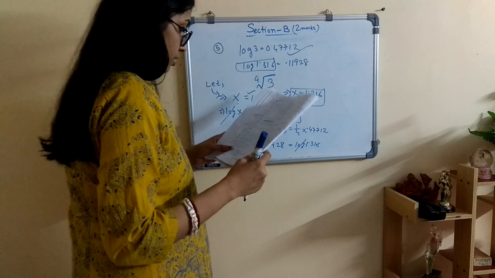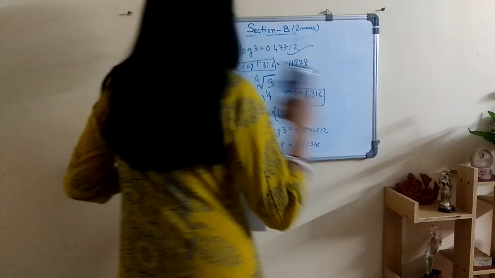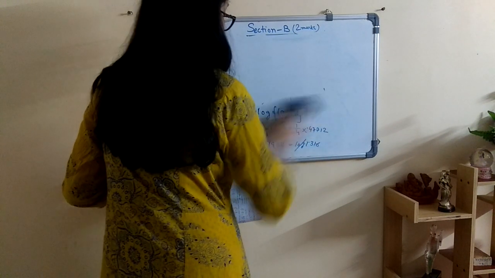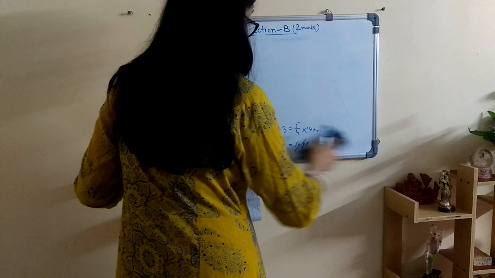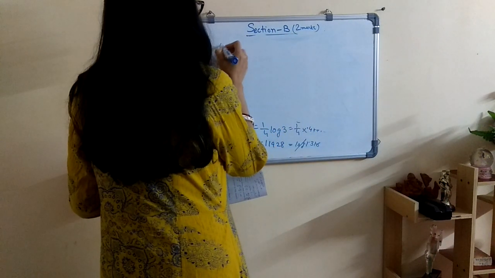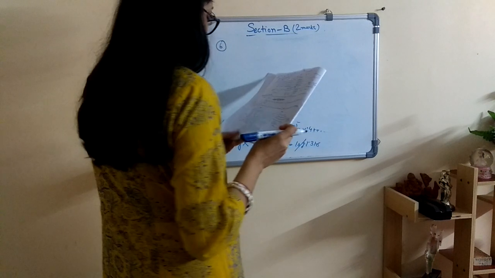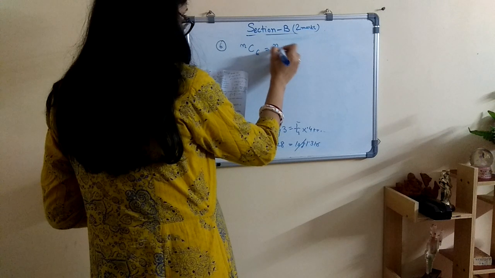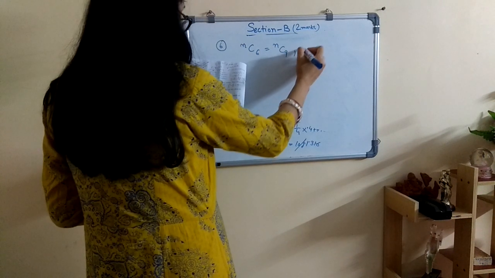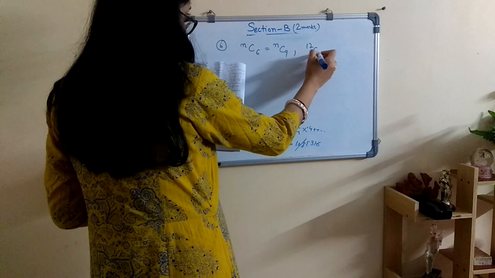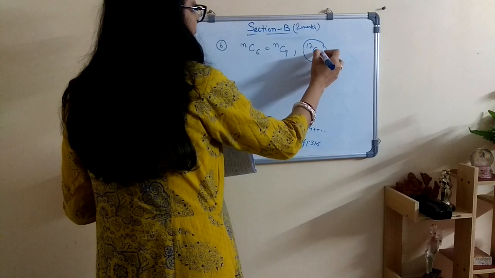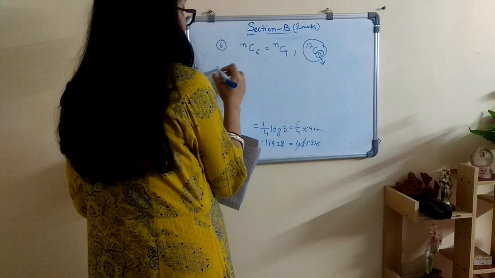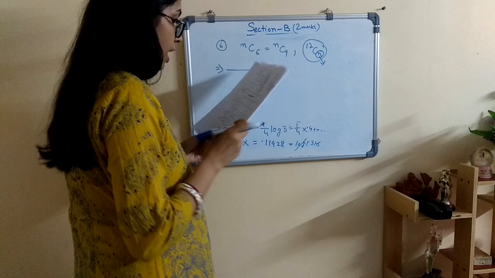Fine. So now let's see what is there in question number 6. Permutation and combination. From that chapter, this question is being given to us. It is given that nC6 equals nC9, and we have to find the value of 17Cn. For finding this value, we need the value of n, and we will find it with the help of this. So how to evaluate this?